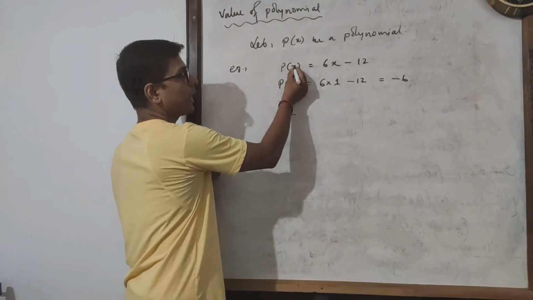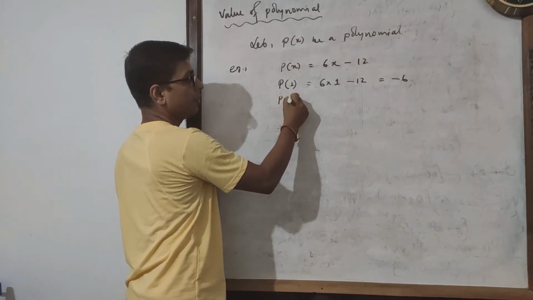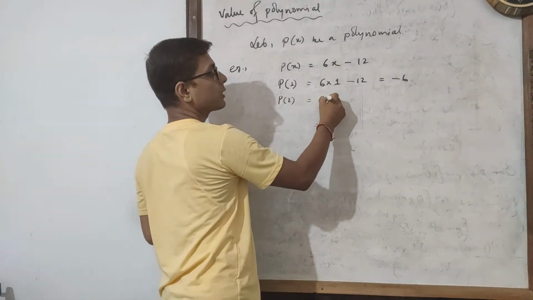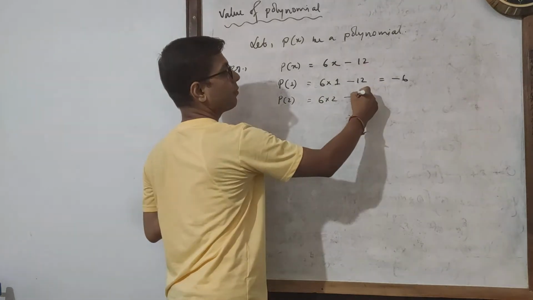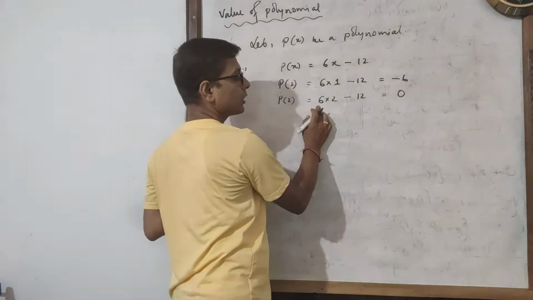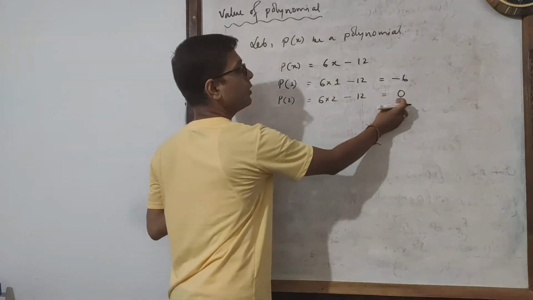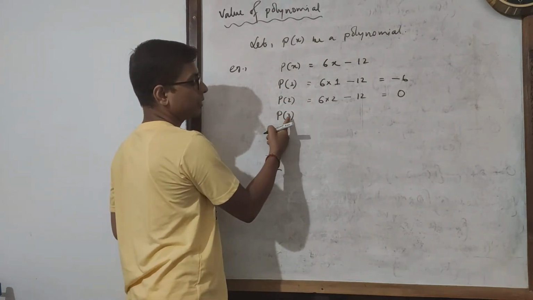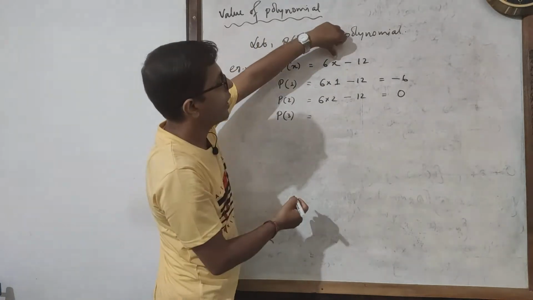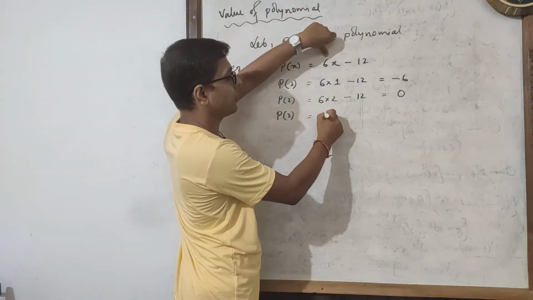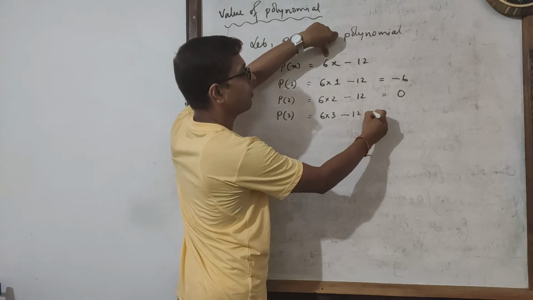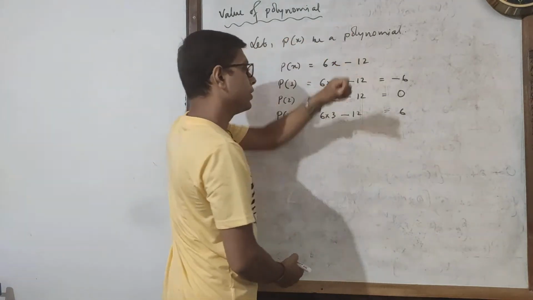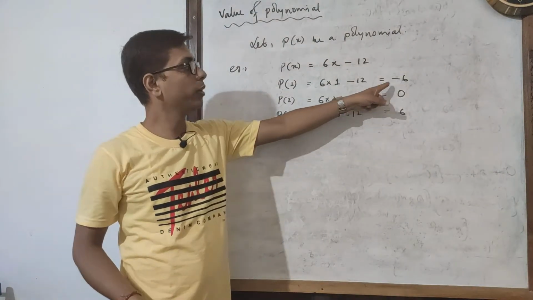Similarly, if we put x equals 2, then p(2). That means x will be 2. 6 into 2 minus 12. 6 times 2 is 12. 12 minus 12 will be 0. Similarly, x is 3 now. So in the place of x we will write 3. So 6 into 3 minus 12. 6 times 3 is 18, minus 12 is 6. Do you get it? So these are called the values of